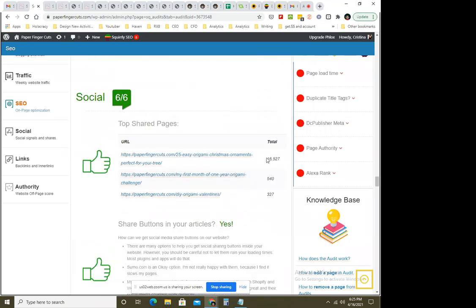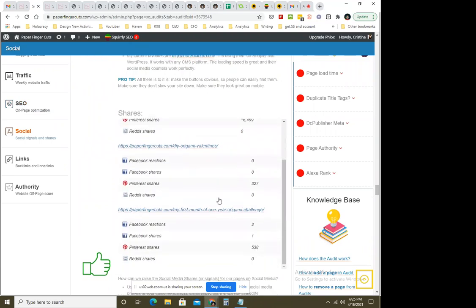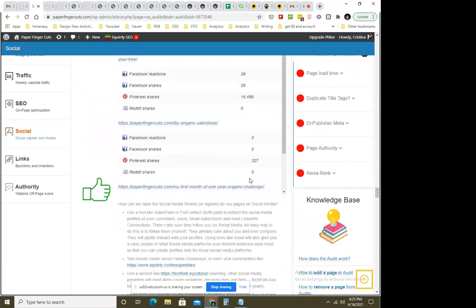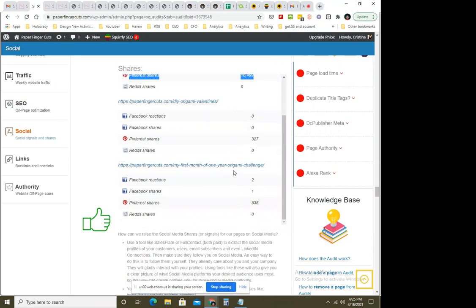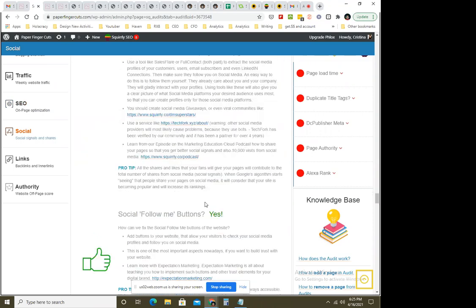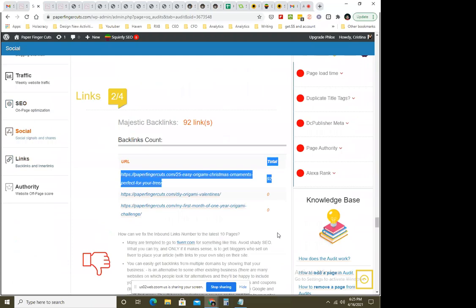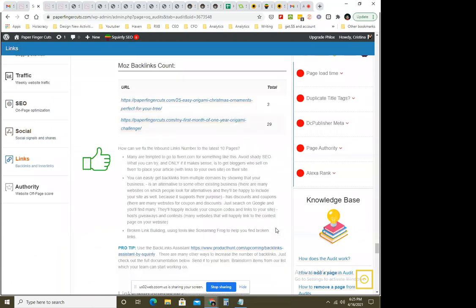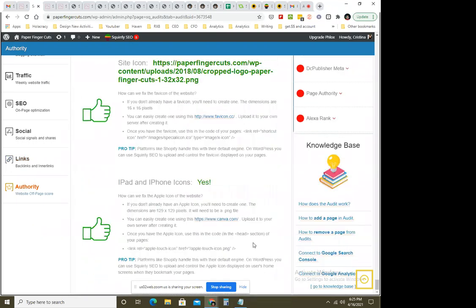Right, social. So these are some of the social media shares that they got. Does it have share buttons? On which platforms it was shared? So you can see that this one was also shared on Facebook, but these other ones were only shared on Pinterest. Right, there's a few backlinks to this one. And definitely you can go on and play with it, even with authority, and see how this looks